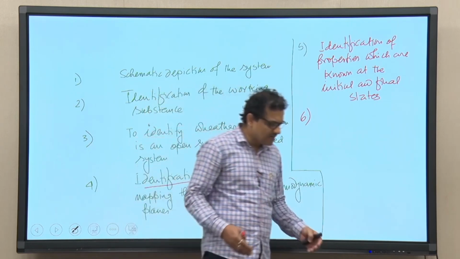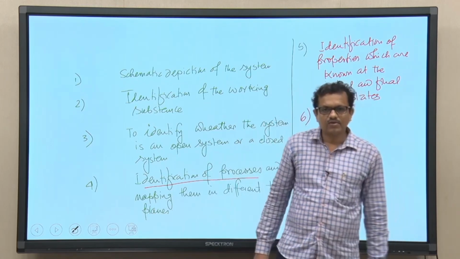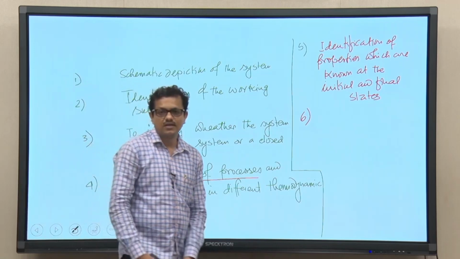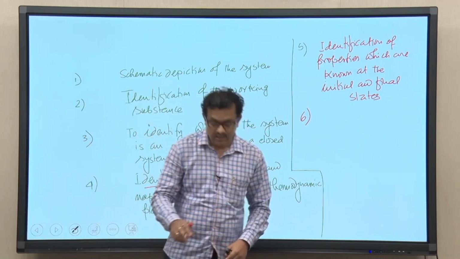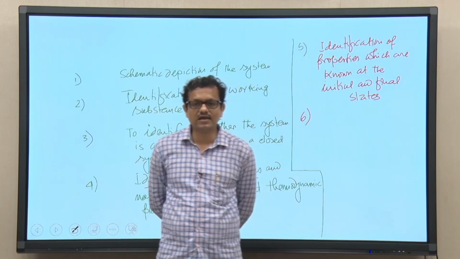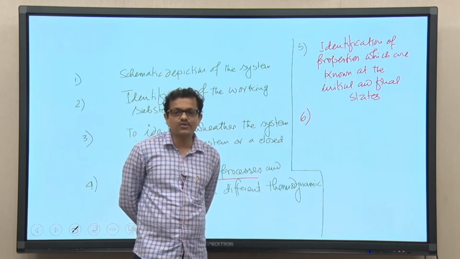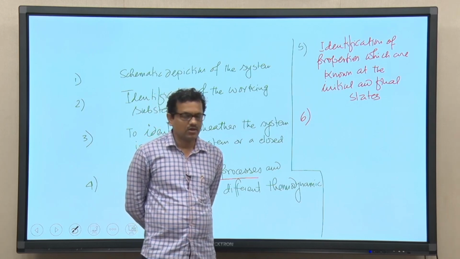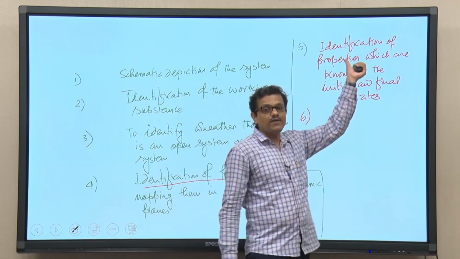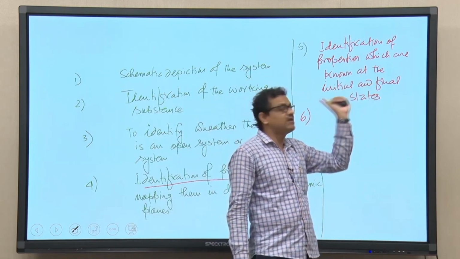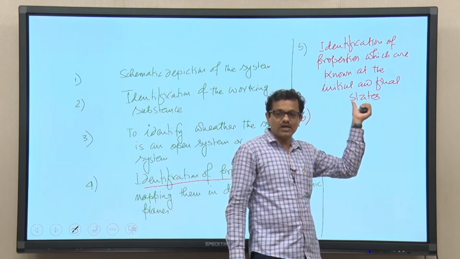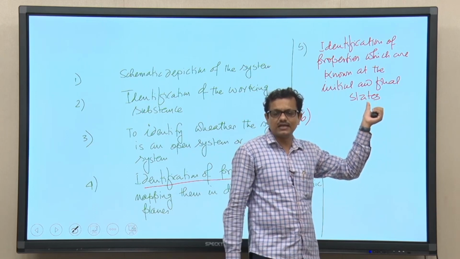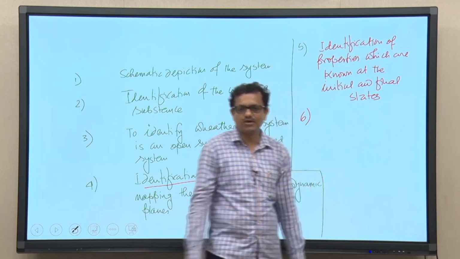See, say I can give an example, if it is a pumping process. Now, in a power plant, condensate which is collected from the condenser is pumped back to the boiler. So, we need to identify properties which are known at the initial and final state. So, at the inlet to the pump, the temperature of water, that condensate which is collected at the basin of the condenser.